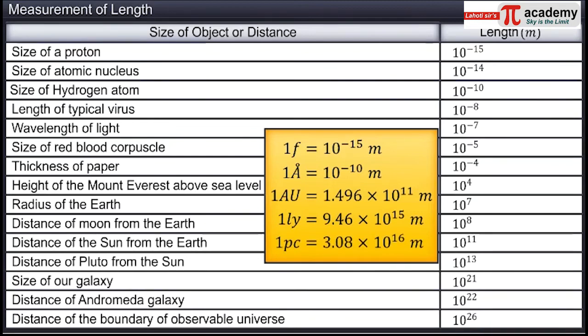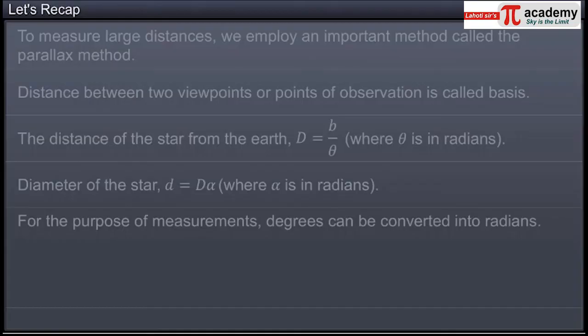Parsec, denoted by small letters pc, which is equal to 3.08 × 10^16 meter. This brings you to the end of this module. In this module, you learned that